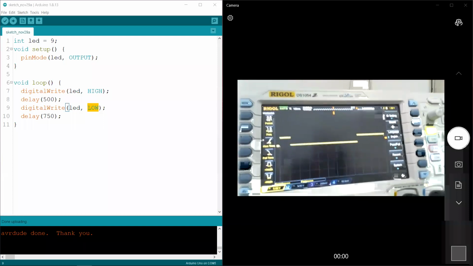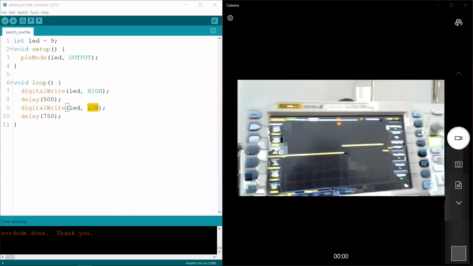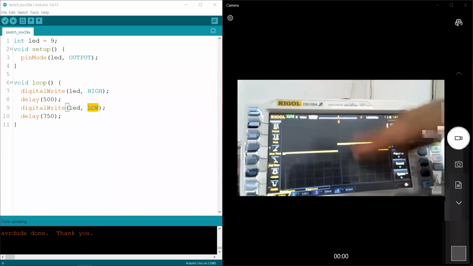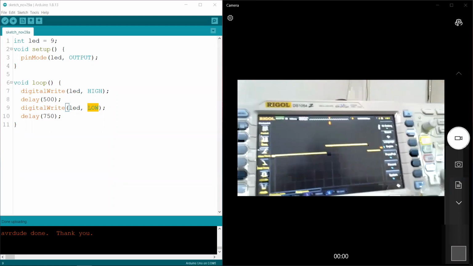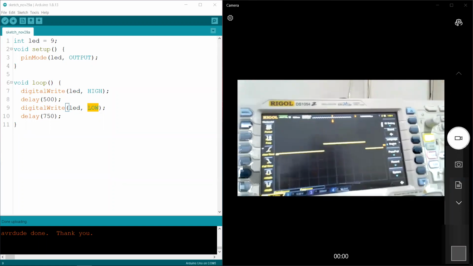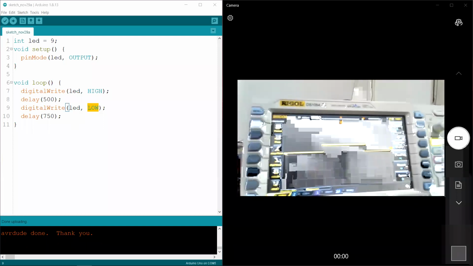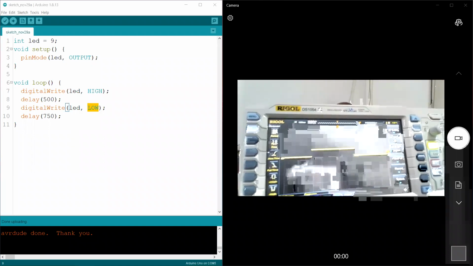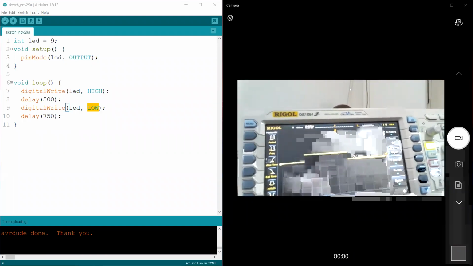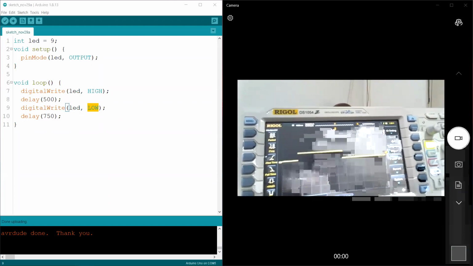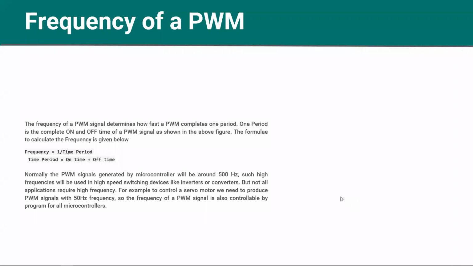So now if we are going to use the analog write function, the voltage level high low, that is the same thing, but we are adjusting the delay really fast, so it looks like it's dimming. The name analog does not mean that we are giving it an analog signal. We are giving it a digital signal, but it looks like it is dimming.